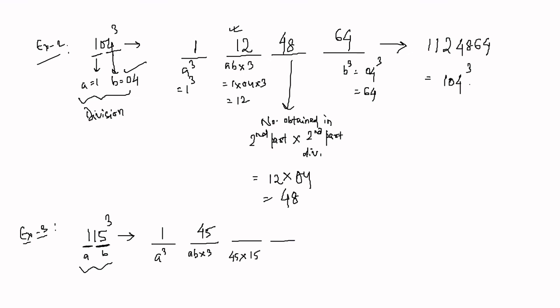Now here there is one exception. I'll write it as an exception. Remember, this is a 2-step blank process. But how much is 45 into 15? 45 into 15 will give you 675. Now you can't add the entire 675, because this is a 2-step blank process. And remember, when it is a 2-step or single step blank process, where do we start? From the right, right? We start from the units place. So in this case, since it's a 2-step blank process, only the units place and the tens place will come into play, that is 75. And this 6 will automatically go as a carry over for the next step. Okay.